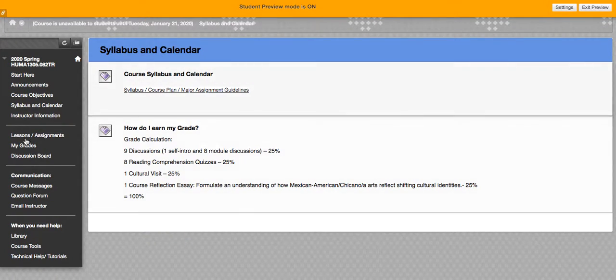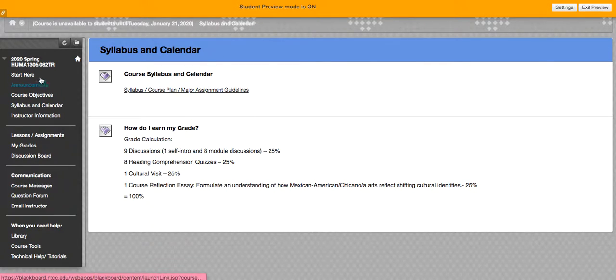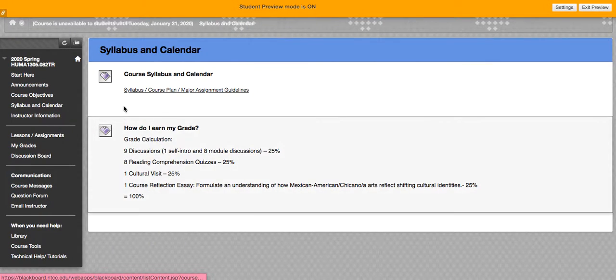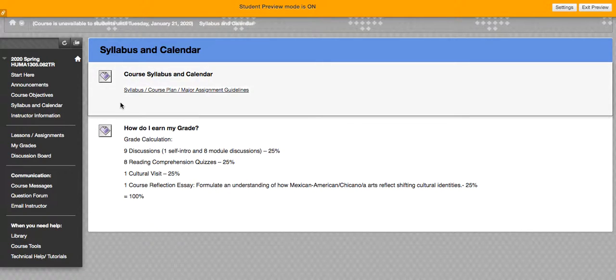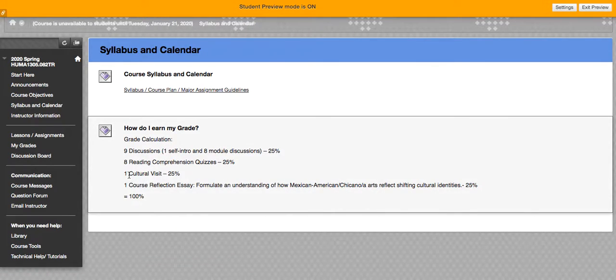Also, there are some major assignment guidelines, and right now there's not a link just for those, but I will probably add a link here on the left. By the time you see this menu on your left, you'll probably see something about the 2 major assignments, because you have 2 papers. Well, one is not really a paper, it's just kind of a 300-word reflection about your attendance to an event. This is important as that's 25% of your grade, and it's the cultural visit. So sometimes I call it the fine arts visit, the cultural visit, the arts visit.